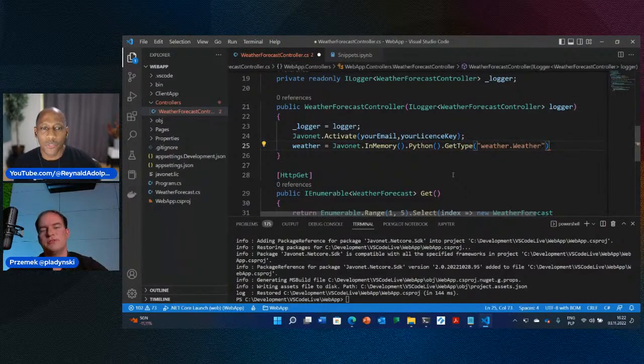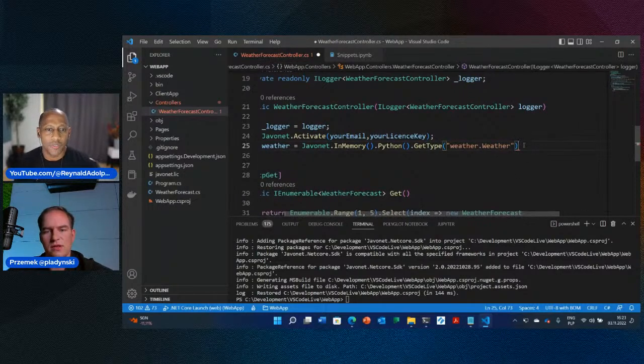So what's different here to what we did before? When we activate Javonet, you need to pass in your email and the license key. That's how it identifies who can use it. Anything else anywhere else? No, you can even move it away from your code. So you can use the XML file for the activation, so it will not bother your code. But that's all you need. So just your license key and, let's say, the enterprise email, some administrative email to activate it.